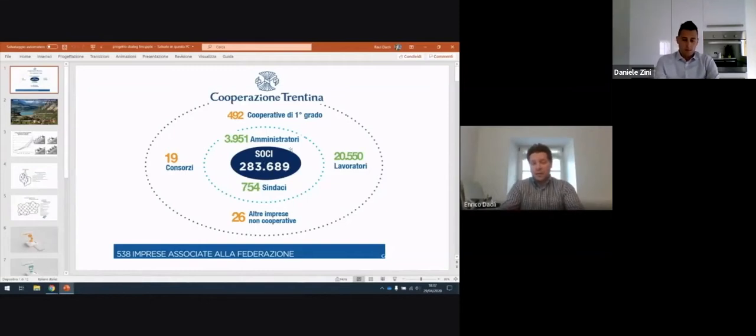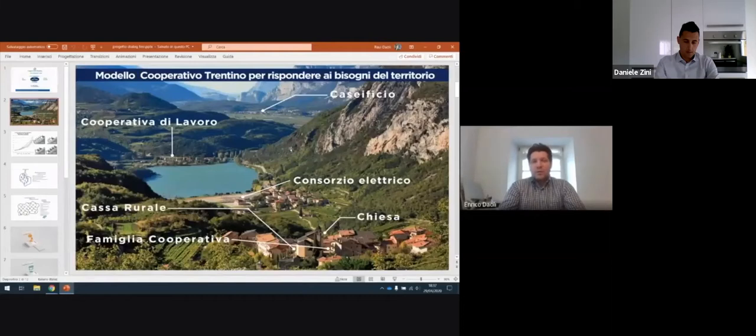With this following picture, I want to show you that cooperatives are not only inborn in a city or metropolitan area, but also in the rural areas and in the small municipalities which characterize the Trentino territory. This is quite important for the welfare platform project, which I will illustrate shortly. If cooperatives are spread all over the territory, the welfare can be spread too. It means that also people living in rural and distant locations can benefit from the welfare platform and from the services offered by it.